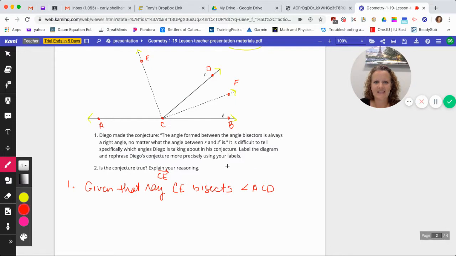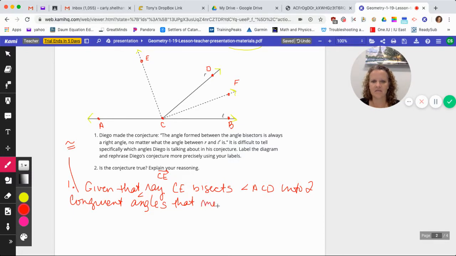Where was I? Bisects angle ACD into 2 congruent angles. And instead of the word congruent, you can always use the symbol. It's like an equal sign with a squiggly above it. Instead of using the word angle, you can use the symbol. That measure, we can call it A degrees, which means I can come up here. Let's see, I did CE, so I will draw this and go A degrees, and this and go A degrees,